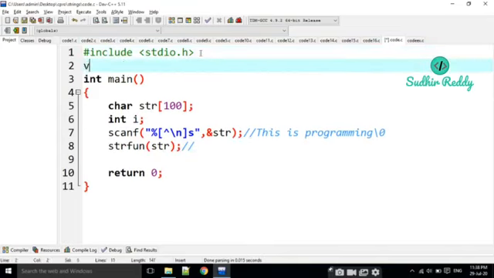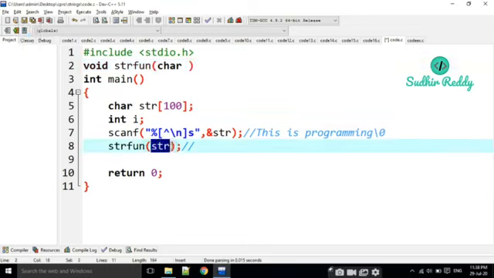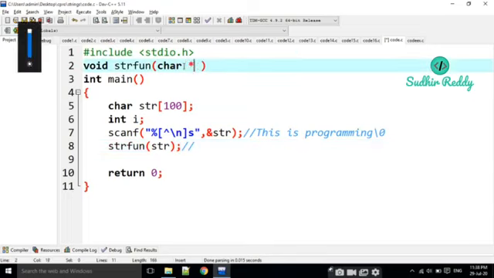Now I am going to write void strfun, and this is a character. Here I am passing a character pointer, the address of one character. That's why I am going to take char star p. That is a pointer, a character pointer. Why?